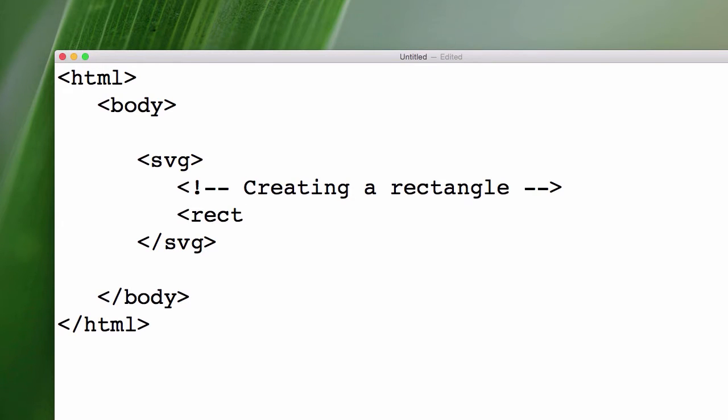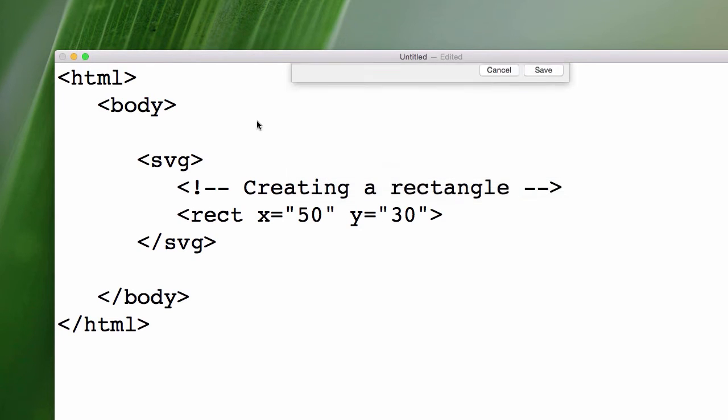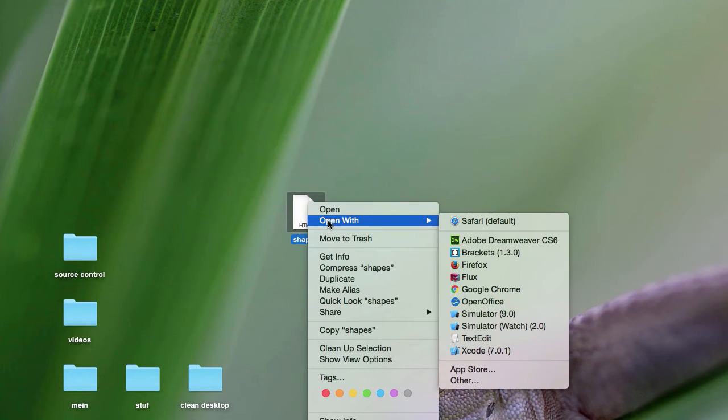Now, just like when we tried creating Hello World, we need to have some things in there so that way we can actually see it. That does include the X and Y coordinates, so maybe 50 and 30. And if we close this tag, we can see what happens. Command S for save, and let's call this shapes.html. Here it is, and if we open it,